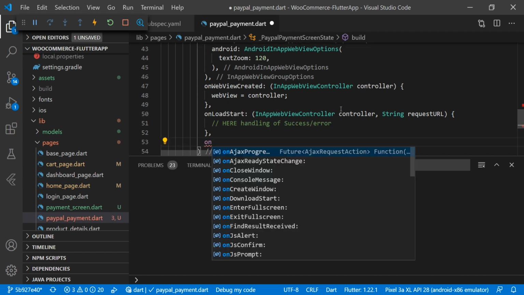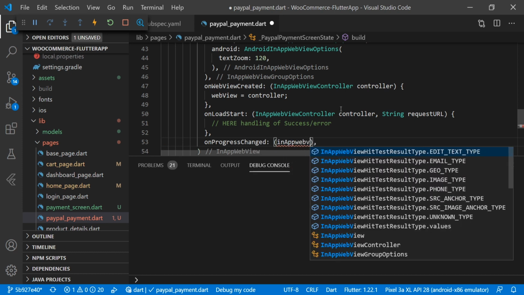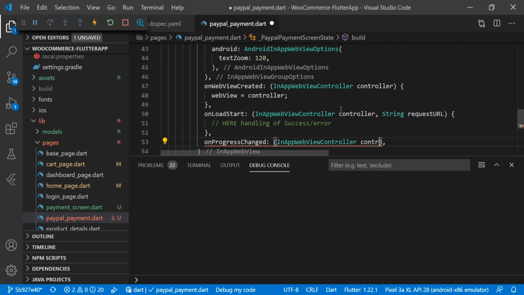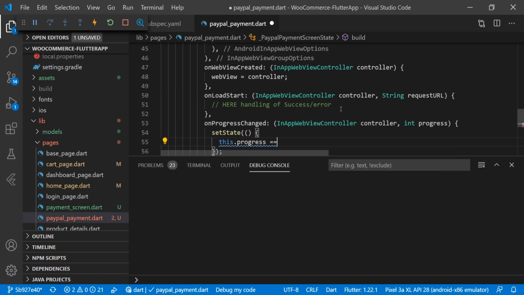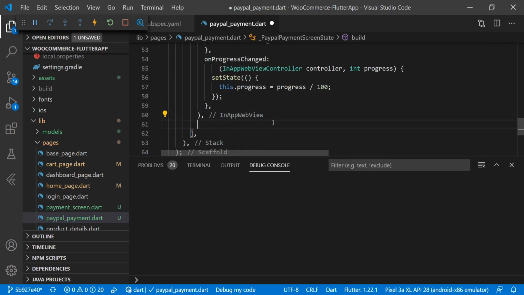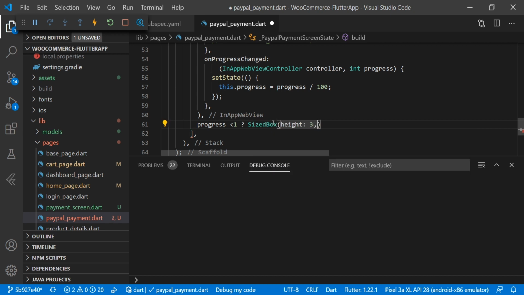Then we have the onProgressChange, and here we are passing InAppWebViewController and int progress, and here we will do setState. this.progress is equal to progress divided by 100, and here we will check if progress is less than 1, then we will show SizedBox height 3, and as child we are using LinearProgressIndicator, and the value passing here is progress.